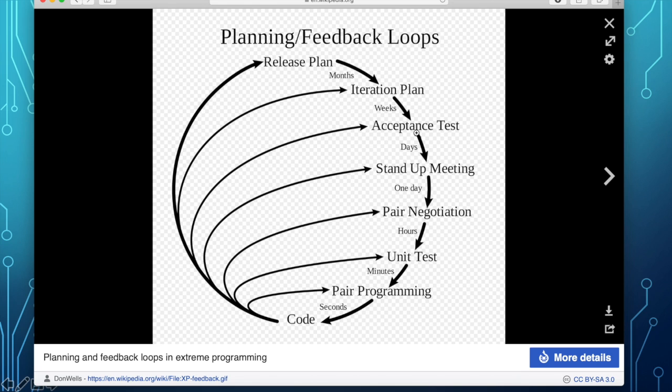If the code is acceptable, okay, the stand-up meeting is after days. The acceptance test is weeks, and then after several months, you produce an iteration of the software. So if the iteration is good, then you continue on to the next iteration of the software, and then you release. And this paradigm is mostly used in the production of video games.